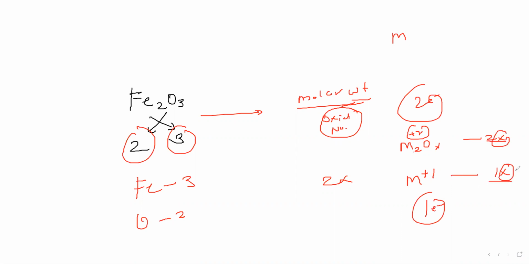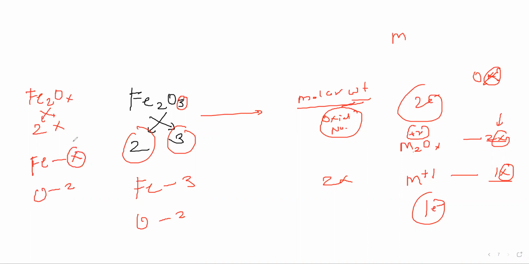This X and the oxygen's X are different. This X only represents the oxidation number. So see, if I'm writing Fe2OX, you write 2 and X, correct? So Fe will be X and oxygen will be 2, correct? So this X is nothing but the oxidation number. Got it, sir? So right now you must have understood what I'm trying to convey.